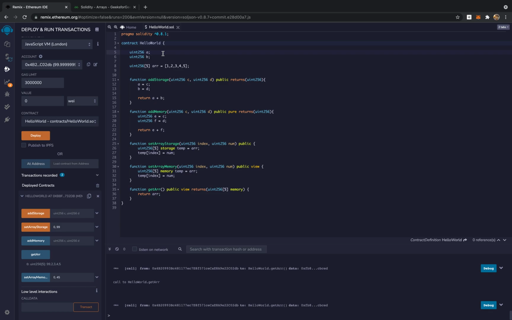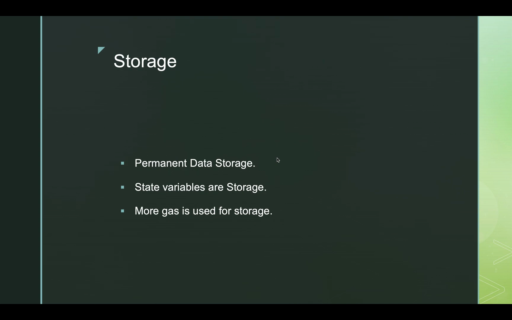and it will be stored in the blockchain forever. And one more difference compared to memory keyword is that when you're trying to use storage keyword to store a variable or update its value, it consumes a lot more gas compared to memory variables. This is one of the key differences between a memory keyword and a storage keyword when you're trying to declare variables. So please keep this in mind when you're declaring variables in your smart contract using Solidity. So that is the main difference between storage keyword and memory keyword.